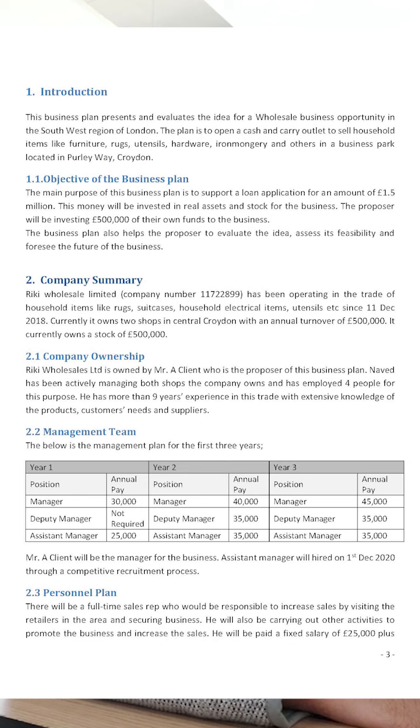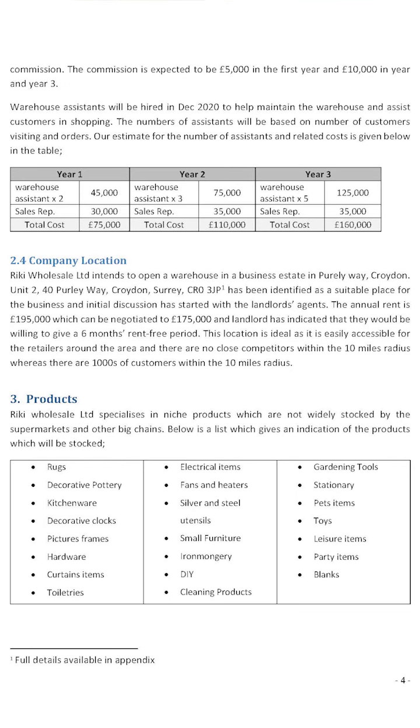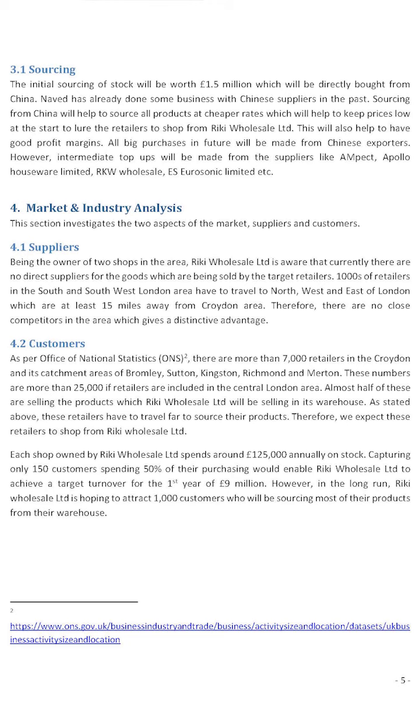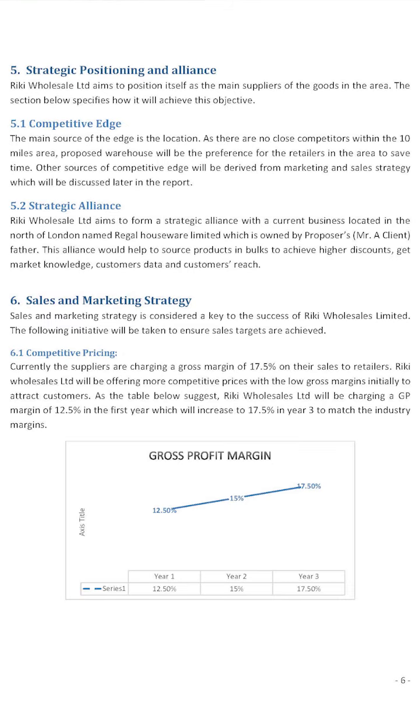ownership, and management team. So this is the personnel plan, basically, that is how much money we are going to pay to our staff, and what will be the composition of our staff. The personnel plan explains who will be needed, company location, products. We have sourcing and market and industry analysis given. You can see a link is given for a claim which has been made in the business plan. You can see strategic position and alliances, what the competitive edge is,